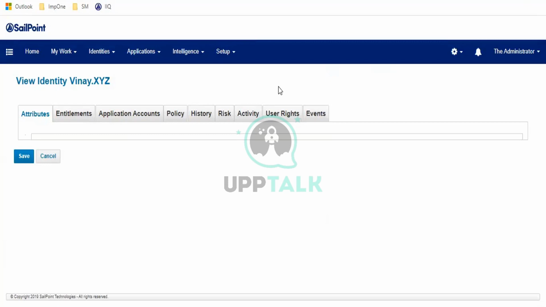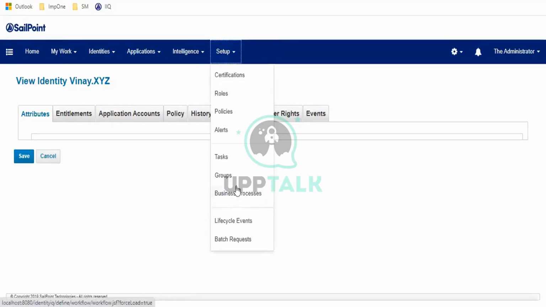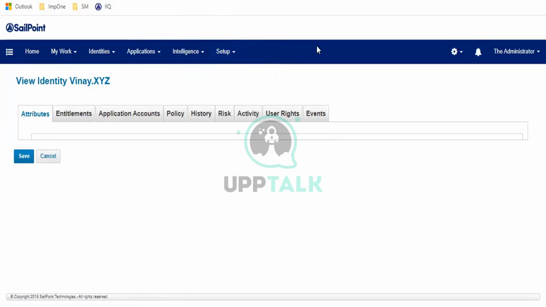If you have the identity, we can provision access to a number of applications. That's a different topic, provisioning is a different one. We will learn it when the workflow topics come. For now, just understand how to onboard an application,